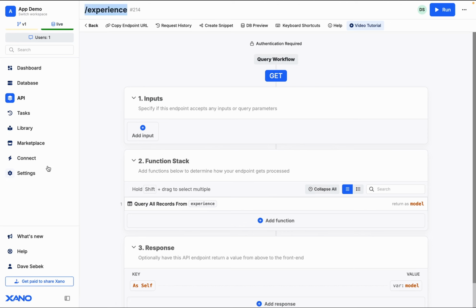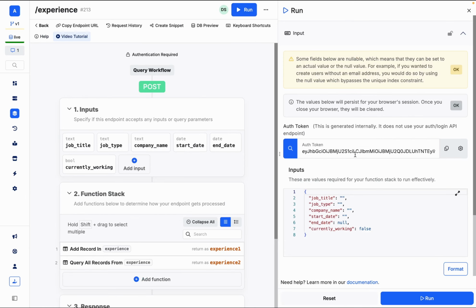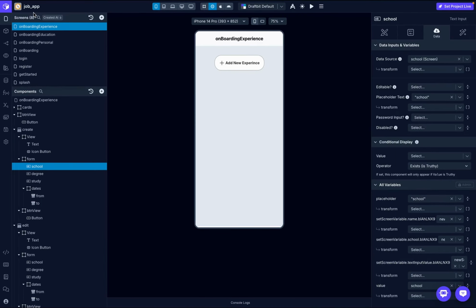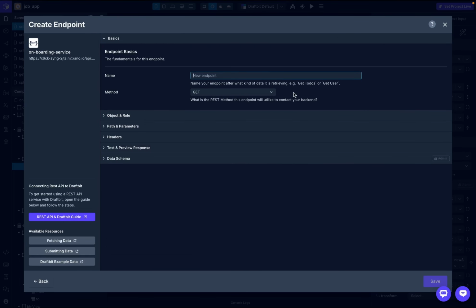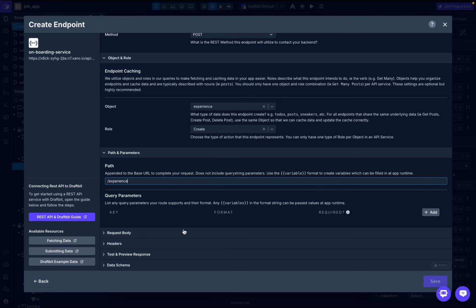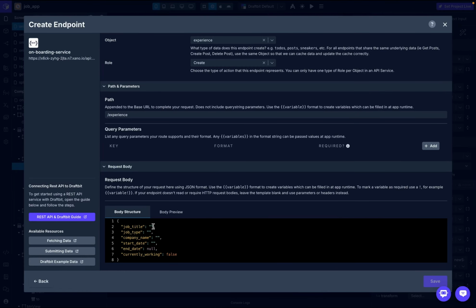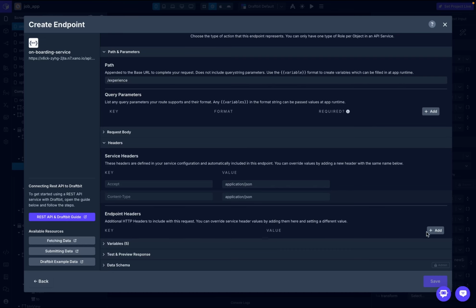Right. Then let's go back to experience, post experience, run. Then this is what our experience needs. But first, let's get the endpoint, onboarding, new endpoint, then create experience. It's going to be a post request, experience, create, then the path, then the request body, we need job title, we need job type, then in the headers we need the token,